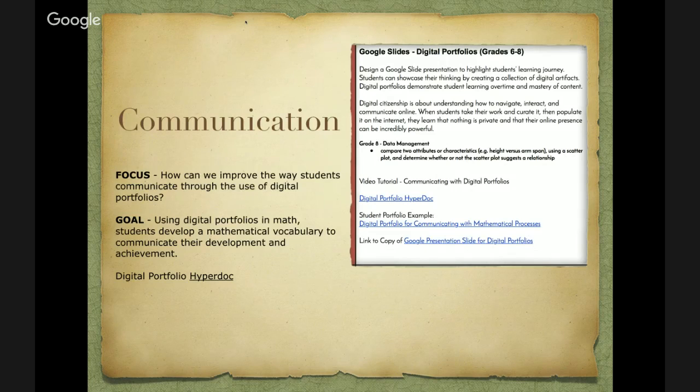Our focus with digital portfolios is how we can improve the way students communicate by displaying their learning journey and their thinking within the portfolio. So using digital portfolios in math will help students develop mathematical vocabulary to communicate their development and achievement and their growth throughout the year. One of the ways that we're looking at this is by having a hyperdoc that students could go into and be able to examine